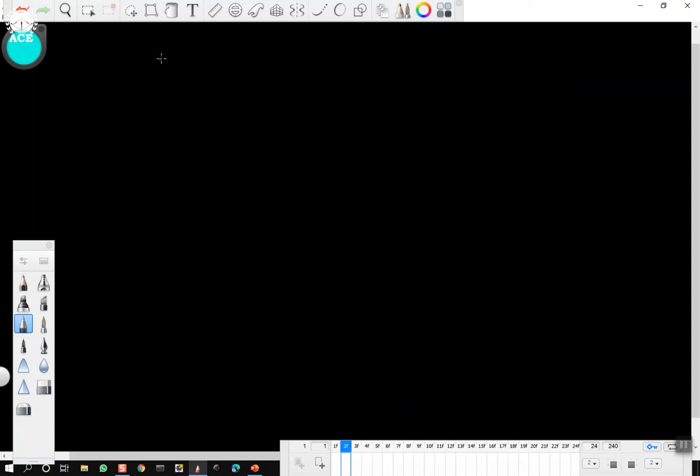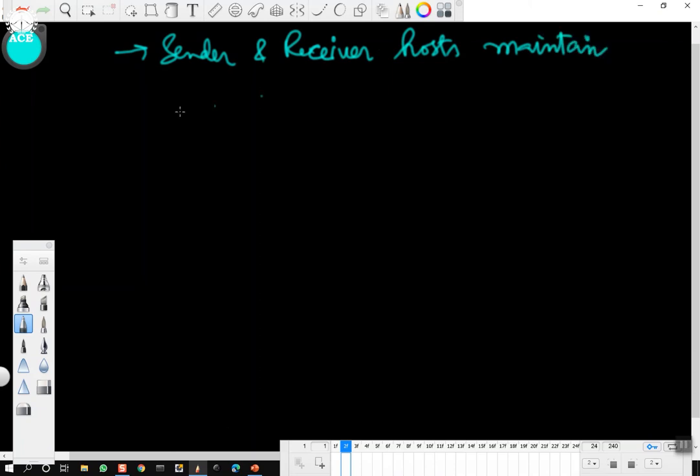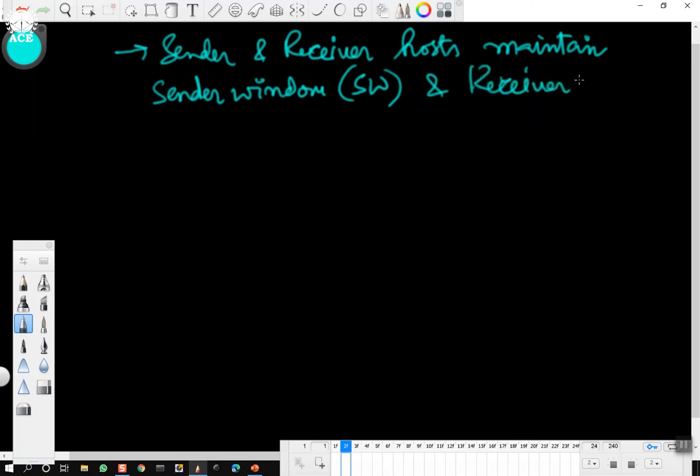So the basic point of the sliding window protocol is that sender and receiver hosts maintain what is called the sender window, which we'll write in short as SW, and the receiver window, which we'll write as RW.